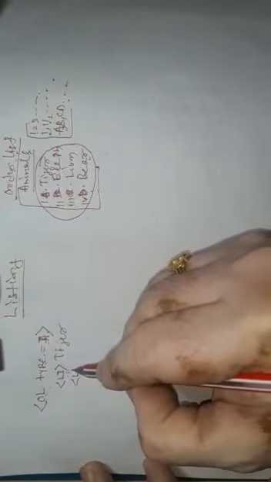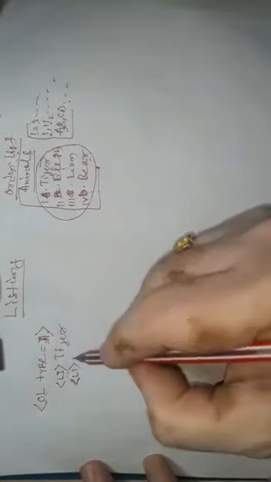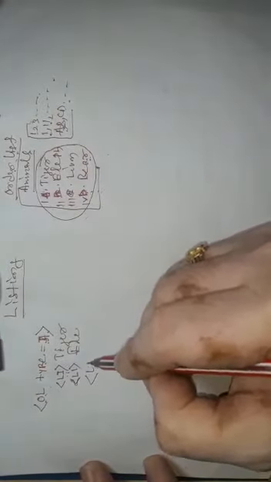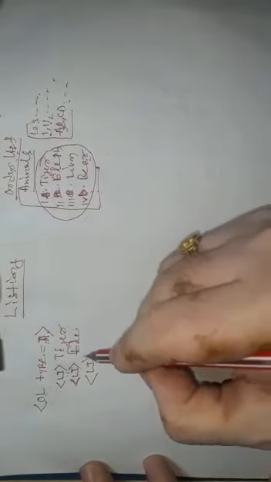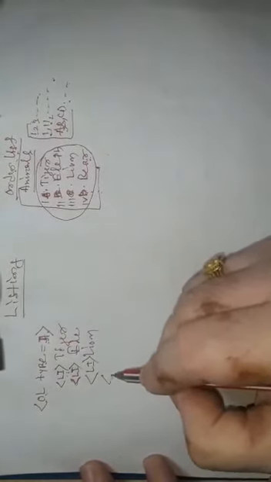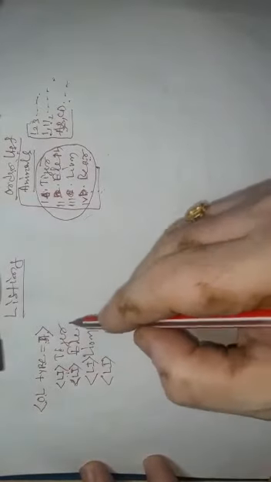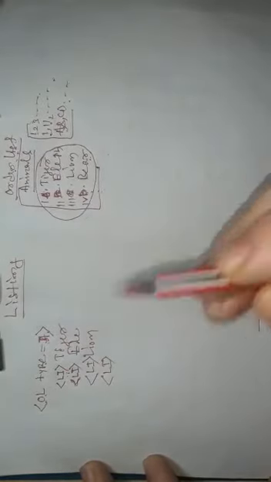Then you have to do what? LI, what is next? Elephant, so you give your elephant. LI, this is LI, students, don't get confused. Then what? Lion. Then LI, just LI, no need of ending LI. LI is a singular tag, so no need to end that. Okay, so then bear.